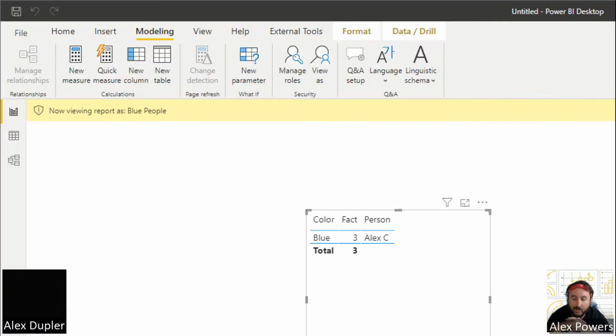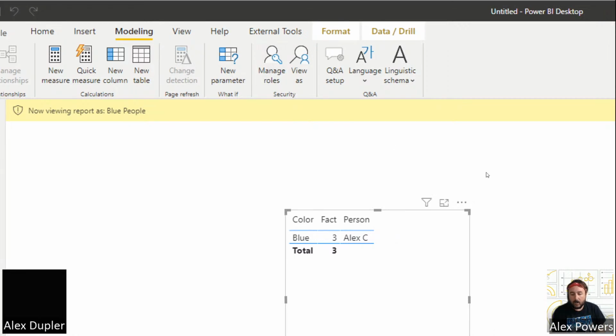Is it Control 4 for live Zoom? Yeah. So let me just